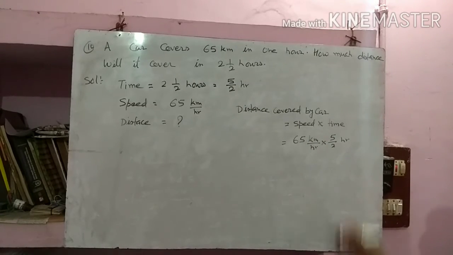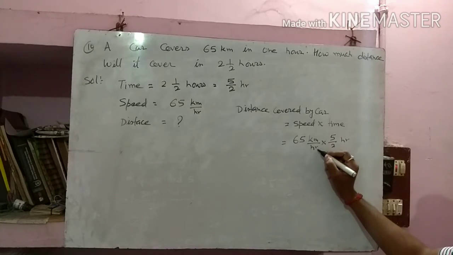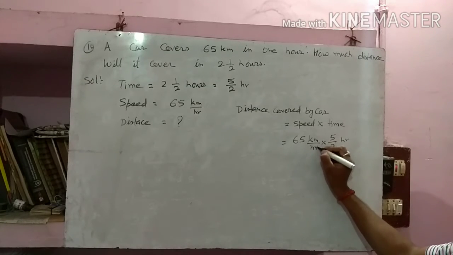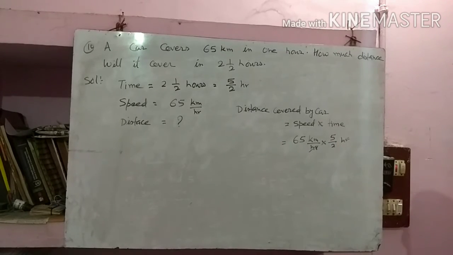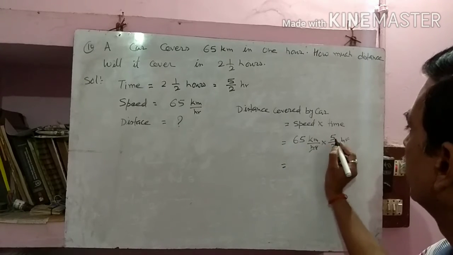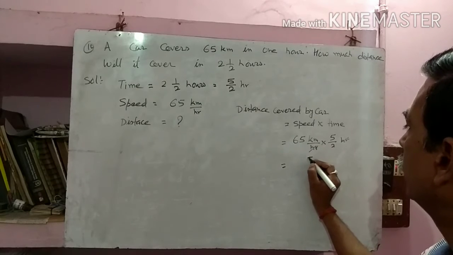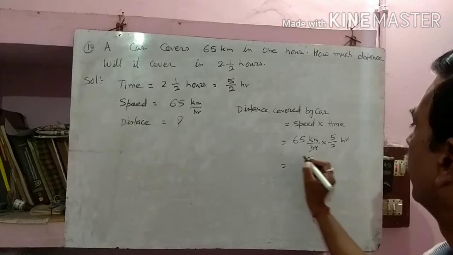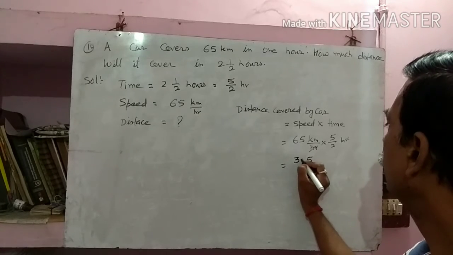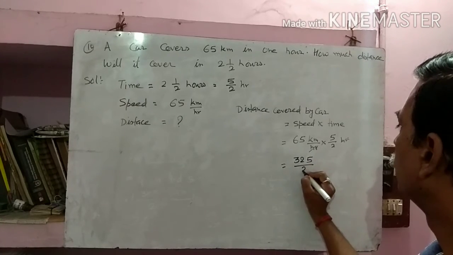Okay. So as we discussed, we can cancel or divide denominator and numerator if there is a sign of multiplication in between them, or directly numerator and denominator. So here is 2, here is also 2, it is going to be cancelled. And what will you get? Then 5 times 5 is 25, carry 2, 6 times 5 is 30, and these two become 32 by 2 kilometer.